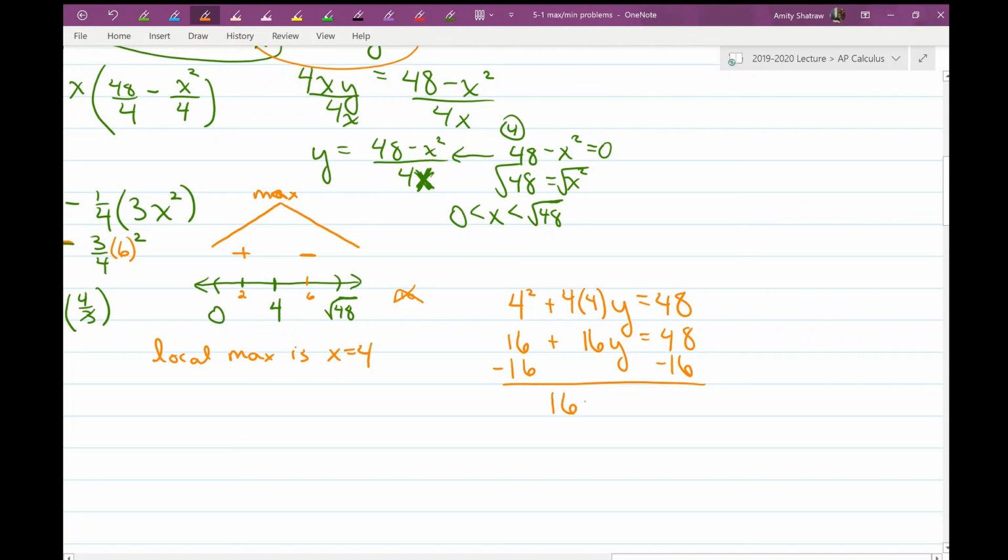I get 16y equals 48 minus 16 is 32. I'm going to divide by 16 and divide by 16, and I just found out that x equals 4 is one part and y equals 2 is the other, and this should be the maximum box. Now, you're like, well, how do you